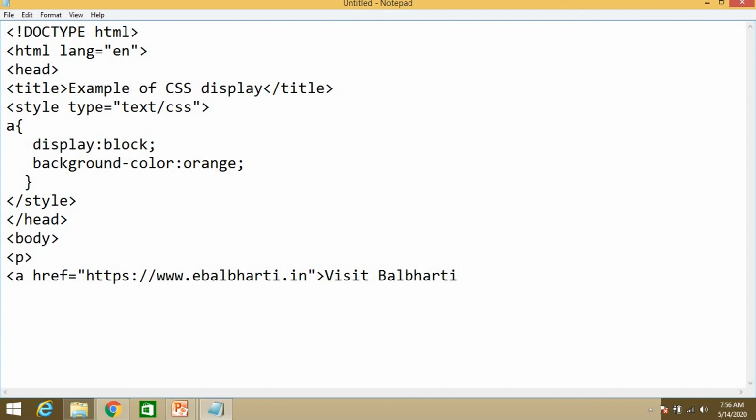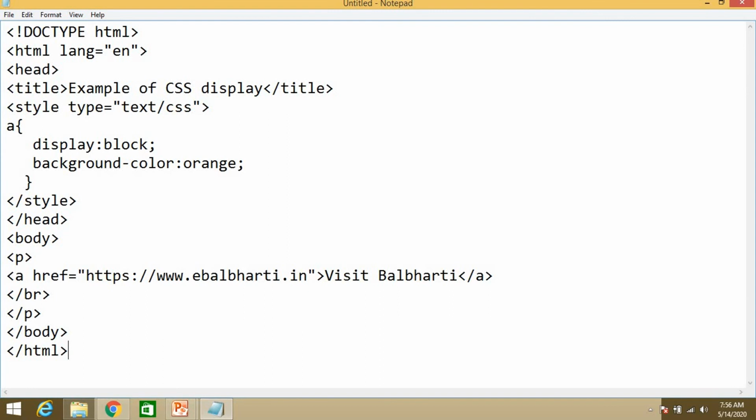Close the anchor tag there. After that the br tag is not required, so don't use the br tag, but if you want you can write it. After that close the paragraph tag. Close the body tag and close the HTML also.